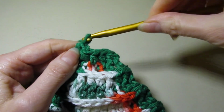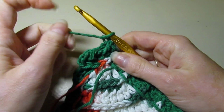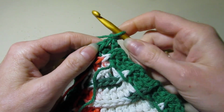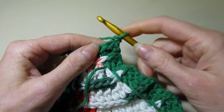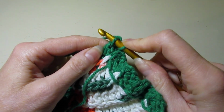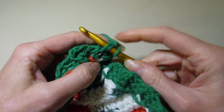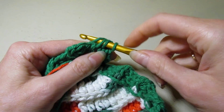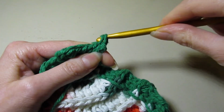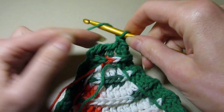So I'm going to chain 1 and turn my work. And so now we're going to do a single crochet decrease. I'm still going to work in that loop. I'm going to show you how we're going to do it. So I'm going to insert in that first loop there of that first stitch, insert in the next. So I have 3 loops on my hook. I'm going to yarn over, pull through 2, yarn over, pull through the remaining 2, and 1 single crochet decrease